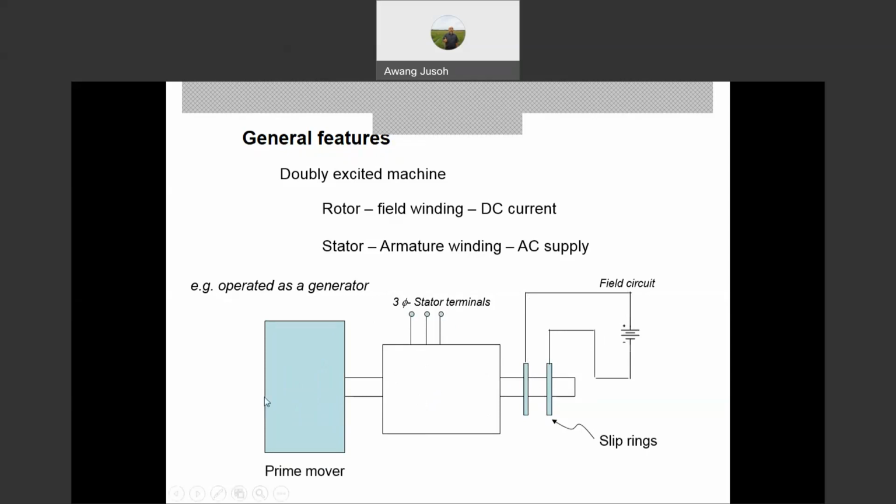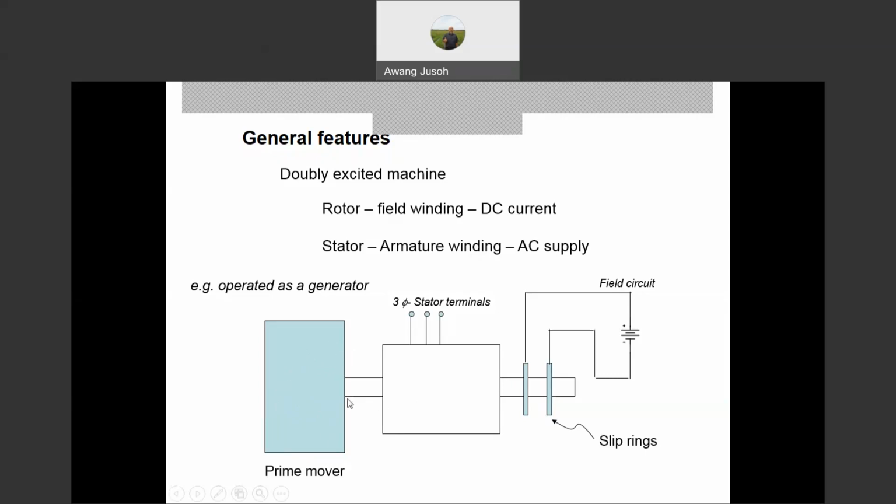If we have a power station, we have the steam turbine. On a hydro power station, we have the water turbine as the prime mover. And if we have steam as a supply, then we have the steam or gas turbine here. That means very high speed. For high speed, we use the steam or gas turbine, and for low speed, we use the water turbine.